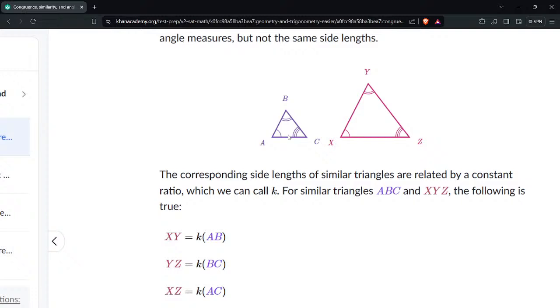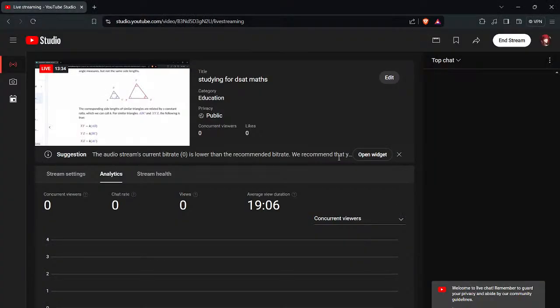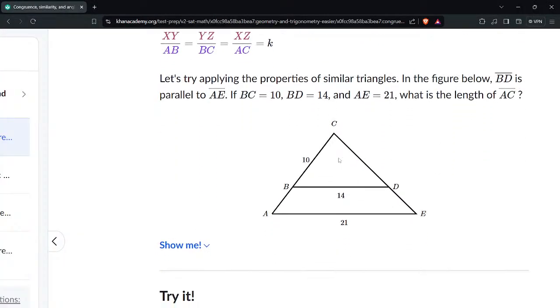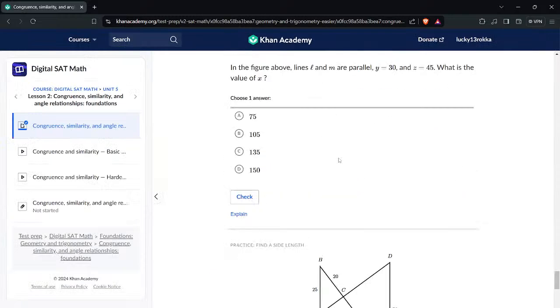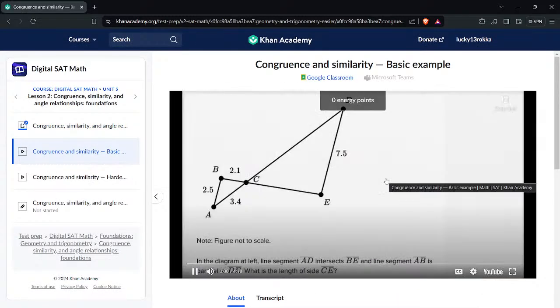Mm. This is boring. Yeah, I understand this. In the diagram,